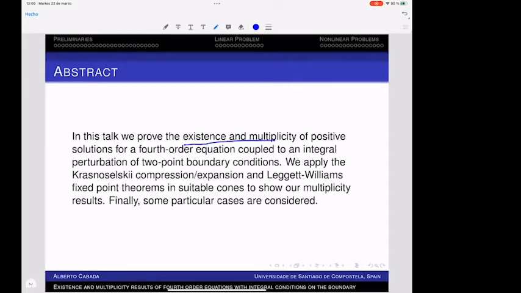More specifically, we are considering a fourth-order equation with integral perturbation on the conditions. The idea I thought is similar and can be applied to another kind of problems. I will center my questions more on the properties of the linear part. And finally, I will show the result for nonlinear ones, but I will just not explain the techniques,